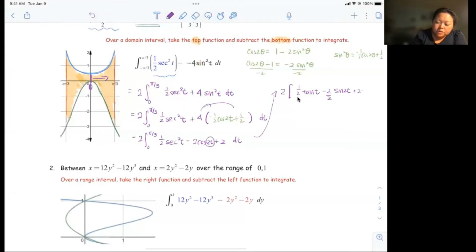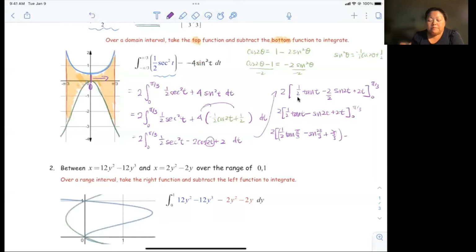And then you have 2t evaluated 0 to pi over 3. So then you have 2 times half tangent of t minus sine of 2t plus 2t, 0 to pi over 3. Okay, so now we're going to plug it in and evaluate 1/2 tangent of pi over 3 minus sine of 2 pi over 3 plus 2 pi over 3